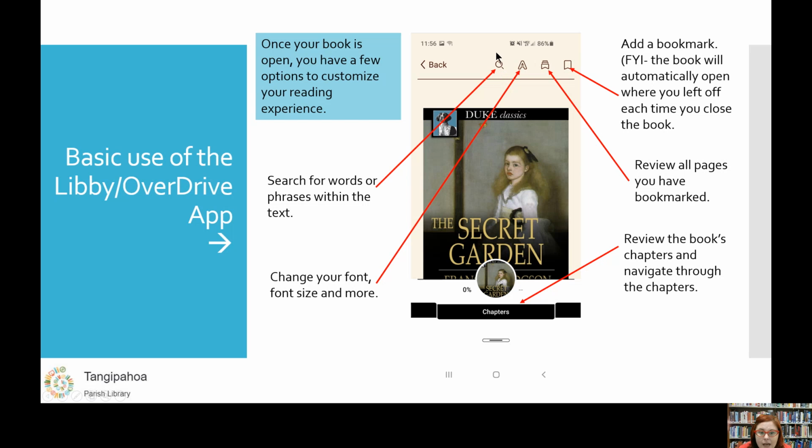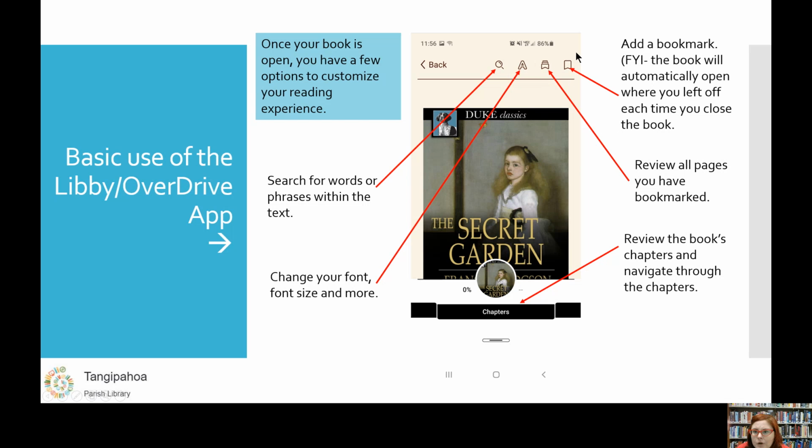This magnifying lens icon is a place to search for words or phrases within the text. This can be especially useful for a student who needs to search for a certain term, or let's say you've forgotten a certain detail about a character in the book you're reading and you want to search their name so